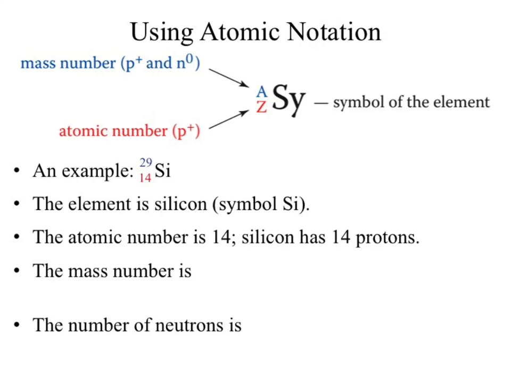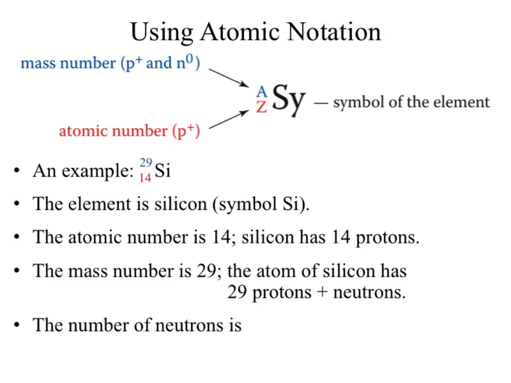So our mass number, we said, in this case, was 29. That happens to be the sum of the protons and neutrons. So how many neutrons are there then? What we would do is solve for our problem. We have 29 equals protons plus neutrons. Do we know how many protons we have? Can we solve for our neutrons? Subtract 14 from both sides, and we now have the number of neutrons. Questions about that?